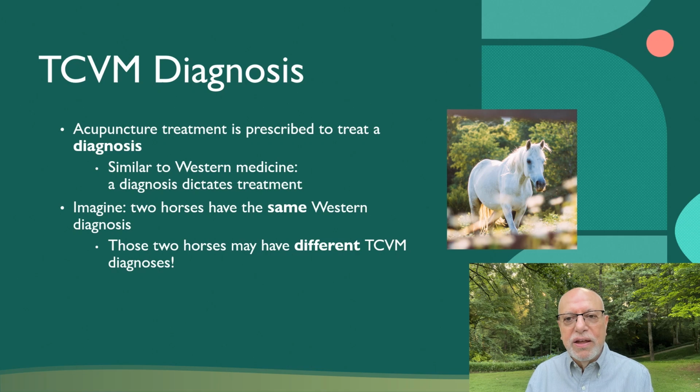But when we include our TCVM diagnostics, you may find that these two horses are very different in terms of their problem, and so the approach to treatment would be different, whereas from a Western perspective, colic would probably be treated in a very similar way. As time goes on, you will see that there are some very fine details in it. But let us go on and talk about